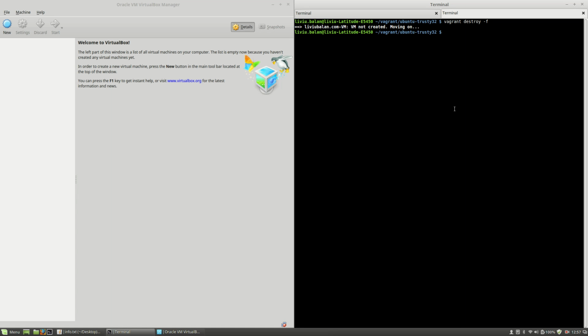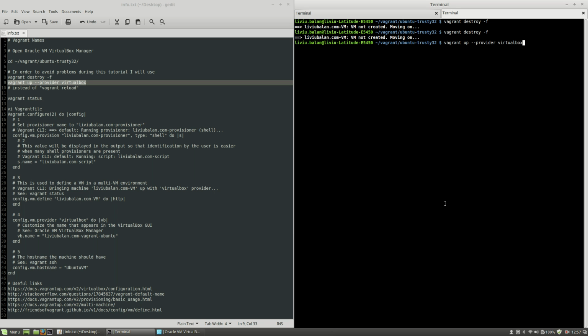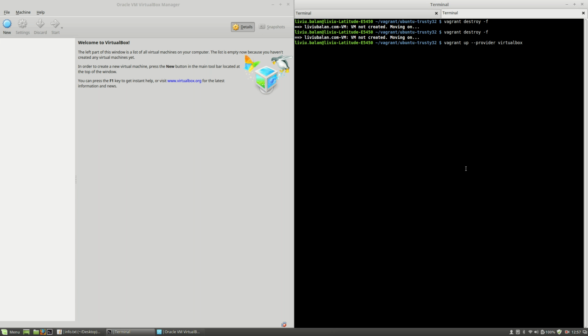Now I can use Vagrant destroy with the F option again, but the result, as you can see, is the same. I've erased the machine manually, so now I am able to use Vagrant up with the --provider virtualbox option again. And now let's hit the enter key here and see what's happening. As you can see, the virtual machine creation process has started, and instead of showing me bringing the